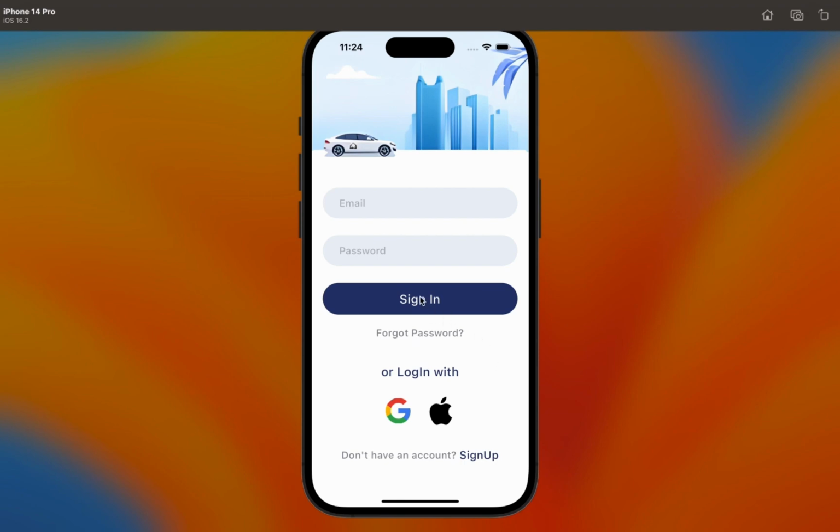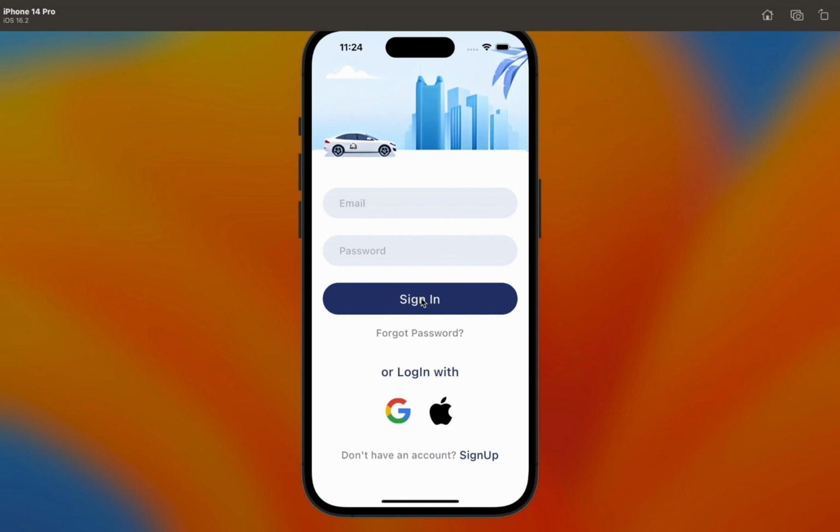Now let's move to the Google authentication. In the Google authentication, I have seen many videos on YouTube, but most of the videos don't teach viewers how to get the user data from the Google authentication and upload it to the Firestore database. So I have brought a new idea to you to upload the user data to the Firestore database by using